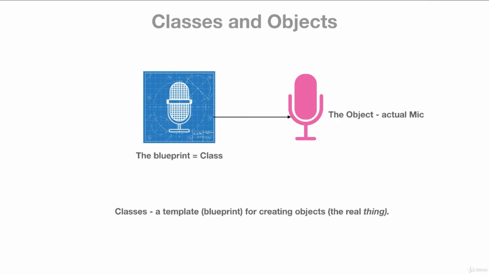So classes, to give a little bit of context here again, a class is a template, a blueprint for creating objects, the real thing. So without classes, we don't have objects because we need to have that map, that blueprint. Now let's look at the class's anatomy because this is very important. If we look, for instance, at the blueprint of the mic, you'll notice